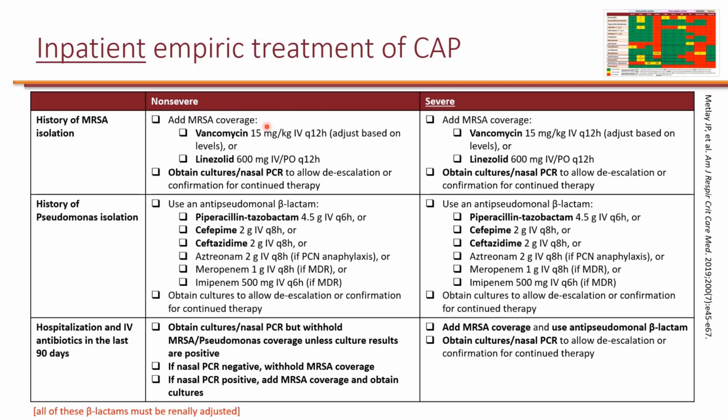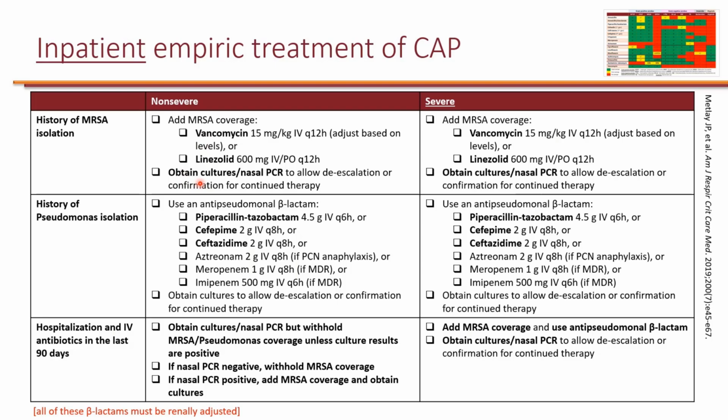And the two options that we have are IV vancomycin or linezolid, either IV or PO. You do not want to use PO vancomycin because it's not absorbed, so it will not be useful. But IV vancomycin is an excellent option. Now, they also say that since you are adding MRSA coverage, it's also important to make sure that you obtain